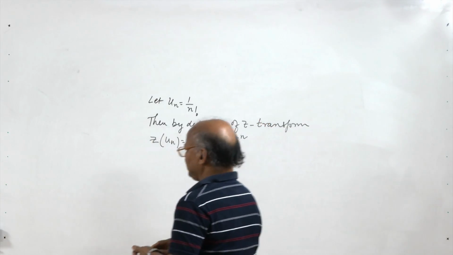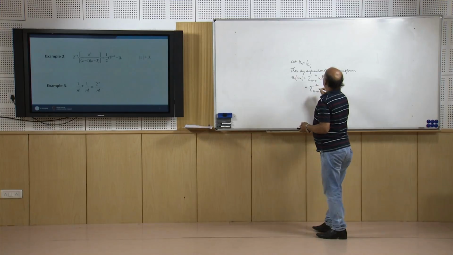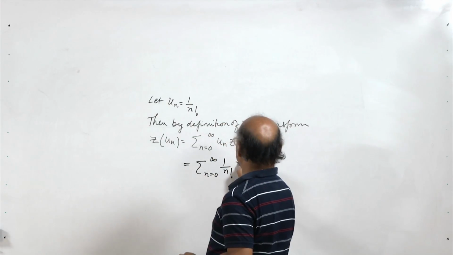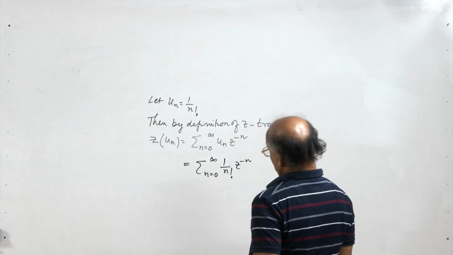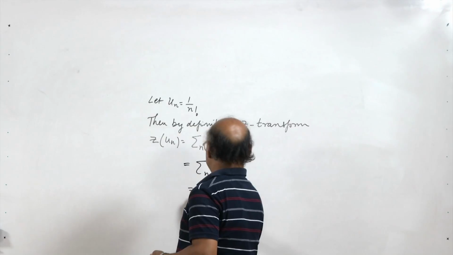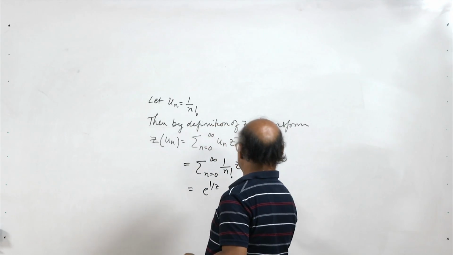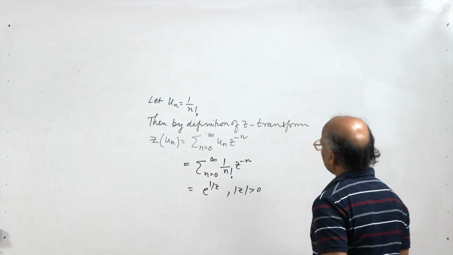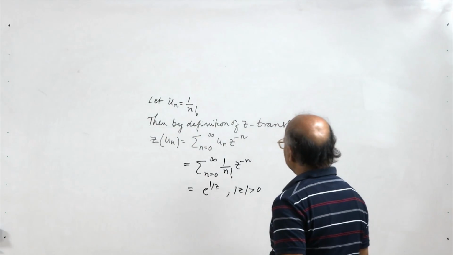So, this will give you summation n equal to 0 to infinity, un is 1 by n factorial, so 1 by n factorial Z to the power minus n, and this is nothing but e to the power 1 by Z, provided mod of Z is greater than 0. So, the region of convergence here is mod of Z greater than 0,